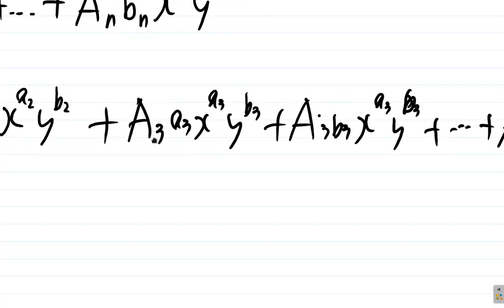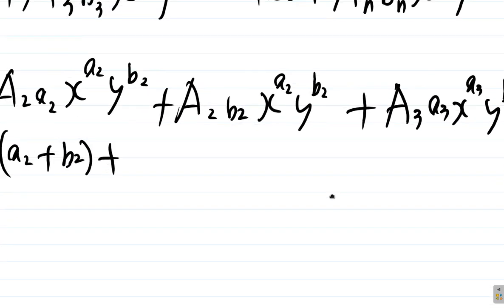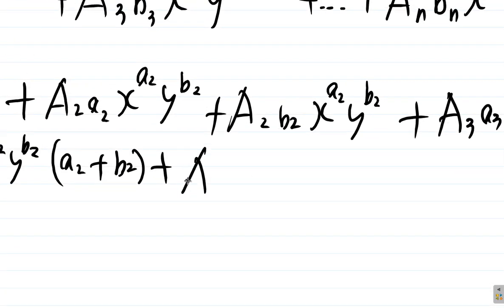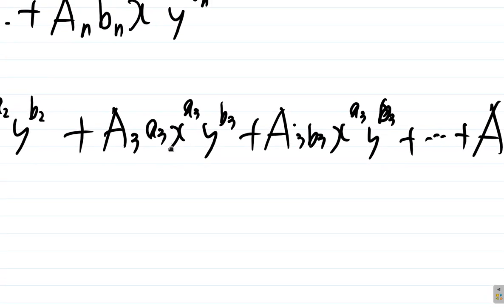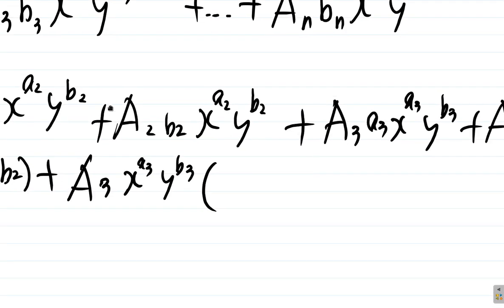The common factors are a3 x to the a3 y to the b3. So it's a3 x to the a3 y to the b3, and we have brackets. Inside the bracket, what happened? a3 plus b3, so we have a3 plus b3 plus, and so on and so forth